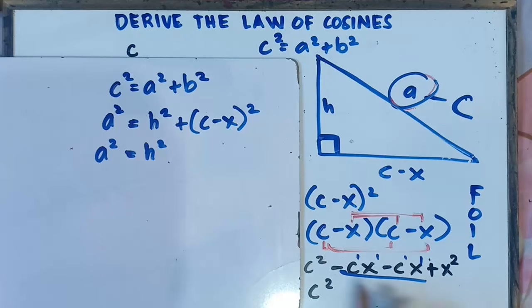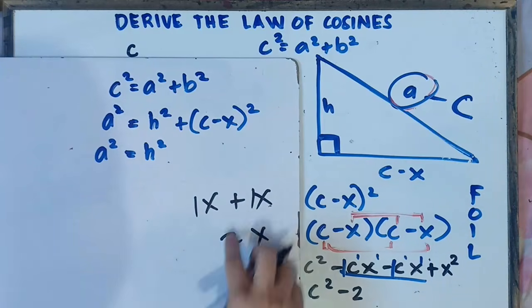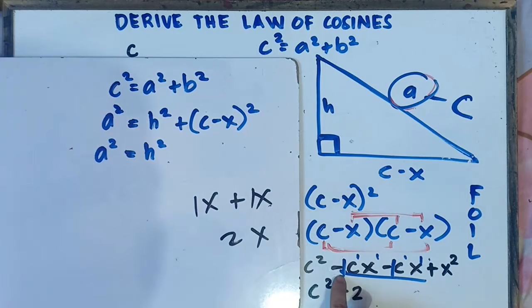then negative, negative. Understood that there's 1 here. Do not forget class, understood that there's 1 here. So that would be negative 2, and then cx, copy. Simply copy class. Example class, x plus x, that would be 2x. So add 1, 1 plus 1 is 2, simply copy x. So negative 1 minus 1, same sign. Simply copy the sign, simply add the numbers. 1 plus 1 is 2, simply copy the literal expression, cx. Okay, so that would be negative 2cx and then plus x squared.